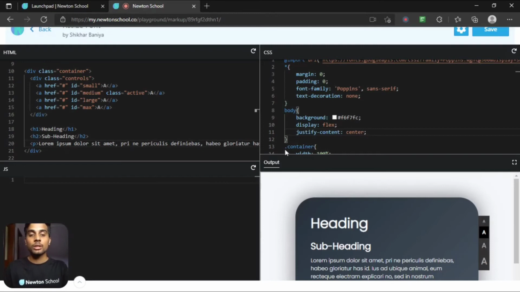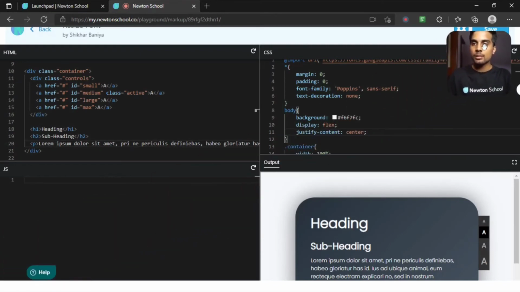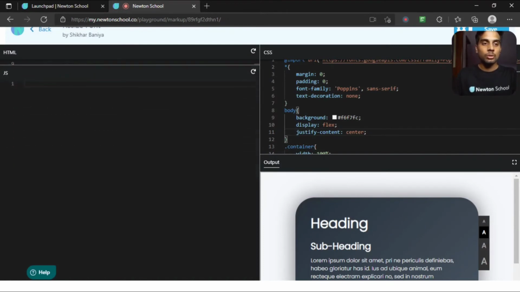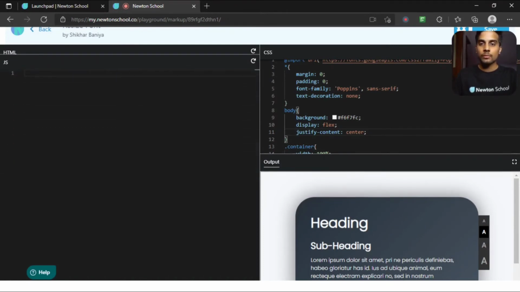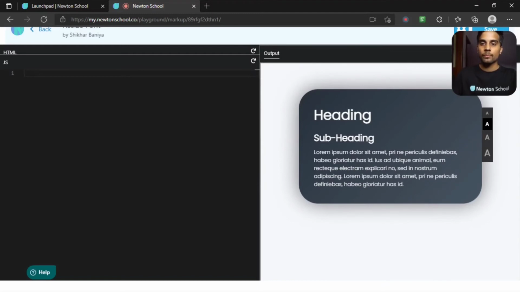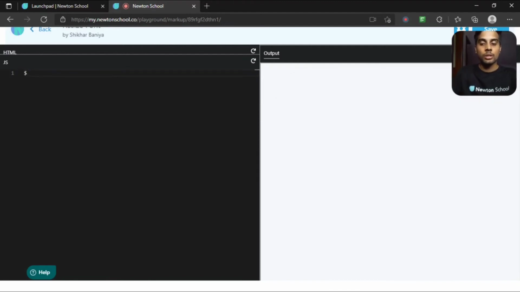Okay, so let's come to the JS part. Let me adjust this here. Also, let's adjust these windows. As you all know, we are going to use jQuery, and in JavaScript, to select a particular tag, you have to use the dollar sign if you are using jQuery.